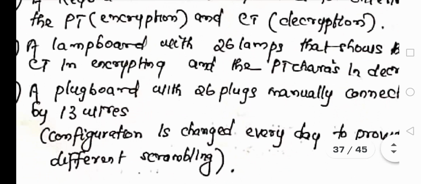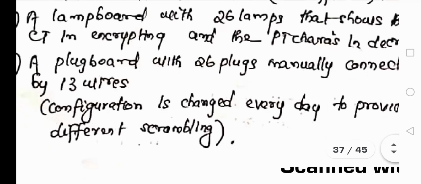Then the third unit present in this Enigma machine is a plug board with 26 plugs. I told you that the cylinders rotate based on the electric pulse passing through them, so naturally we require a plug board. It has a total of 26 plugs, connected by 13 wires. That means half the number of wires are there in order to connect the various plugs present in the plug board.